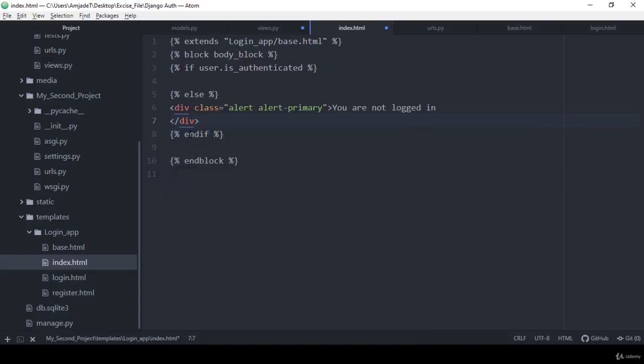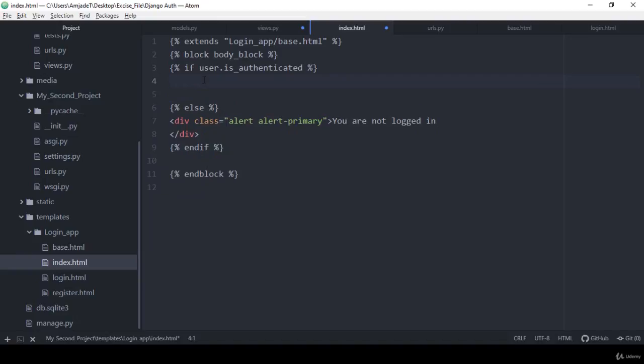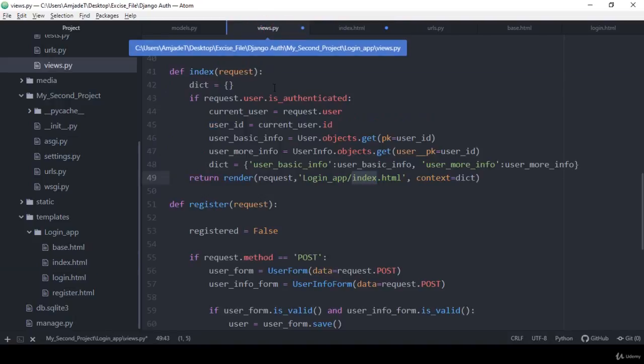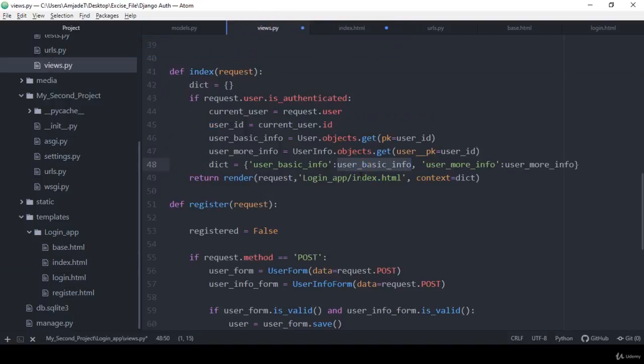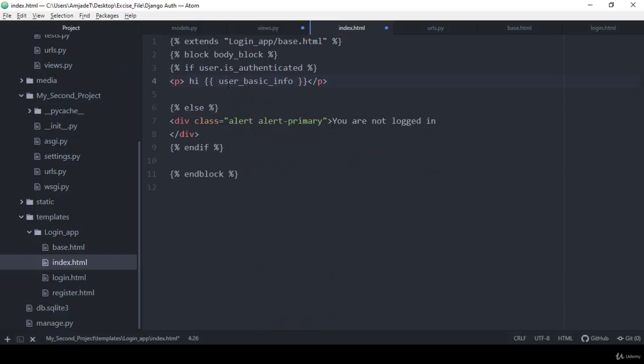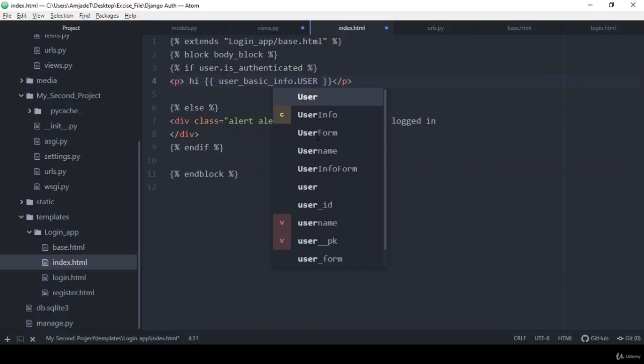Okay friend, so when this user is authenticated, I want to display our message. Here I define a paragraph, and into the paragraph it should display hi, and then from what I passed, our user basic. Into the user basic we will get the username and also the email. So with this user, that means with the user basic info, I want to access our database field username,